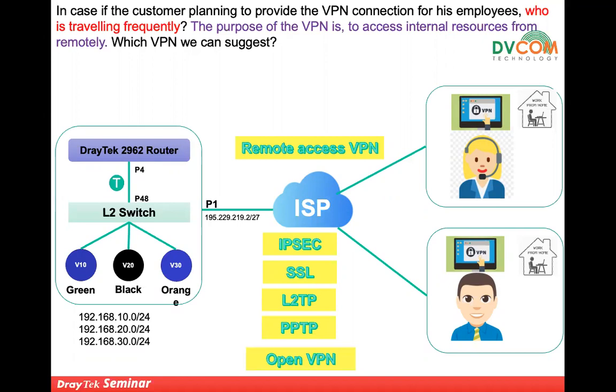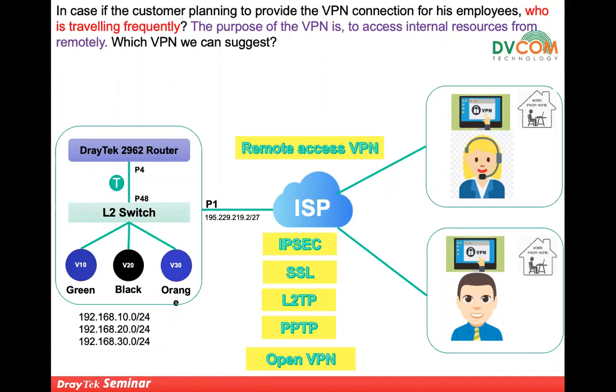So whatever VPN is comfortable for you, you can configure that VPN. It's just a few clicks, you can enable the VPN, guys. That's the beauty of DRETEC. And make sure that for the remote access VPN, you need to install the Smart VPN client. But especially if you go with PPTP on Windows, you don't need to install any Smart VPN client. By using the native VPN client, you can just enter the username and password. From there, you can configure the PPTP connection. Through that PPTP connection, you can establish the VPN.